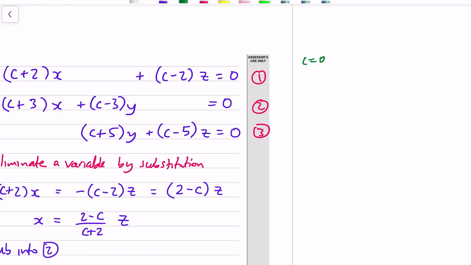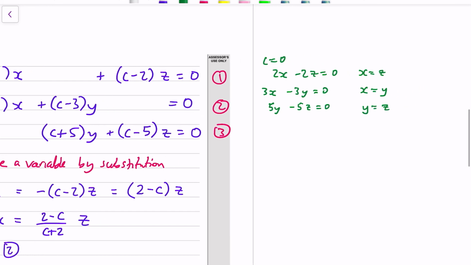then the first equation becomes 2x minus 2z equals 0, which is the same as x equals z. The second equation becomes 3x minus 3y equals 0, which becomes x equals y. And the third equation becomes 5y minus 5z equals 0, which is y is equal to z. But that third equation actually was not needed, because that comes from the first two. If x is z and x is y, then y is z. So this is a superfluous equation,